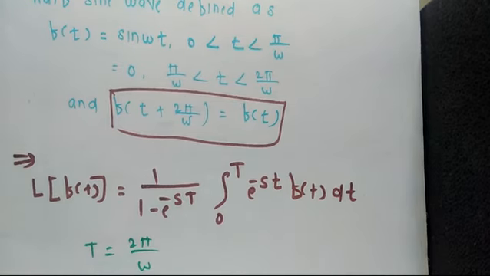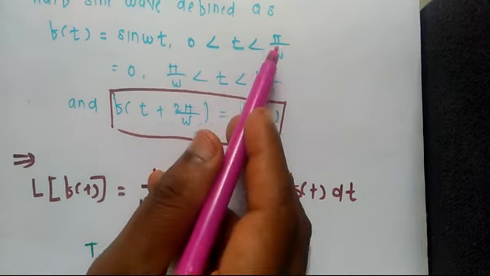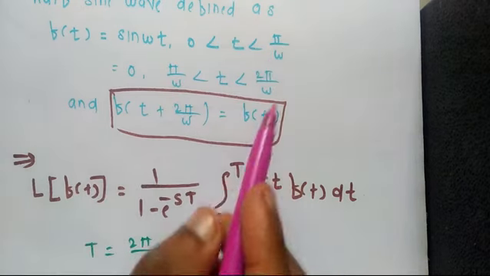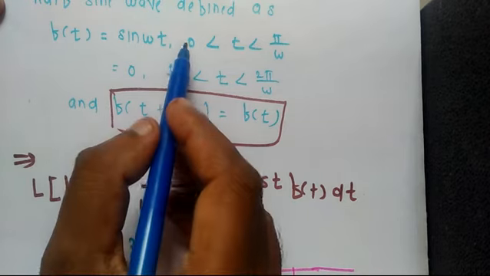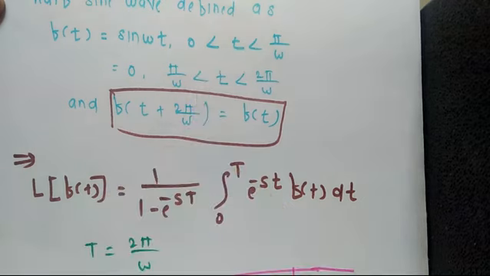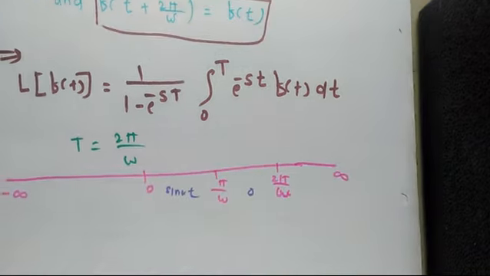Okay, so function has two values. First is the 0 to pi by w, second is pi by w to 2 pi by w. So we'll draw its diagram also. Something here 0, here minus infinity, suppose here pi by w, and here something 2 pi by w, and here something infinity. So in between 0 to pi by w, value of function is sin wt, and in between pi by w and 2 pi by w, that is 0. Okay, so